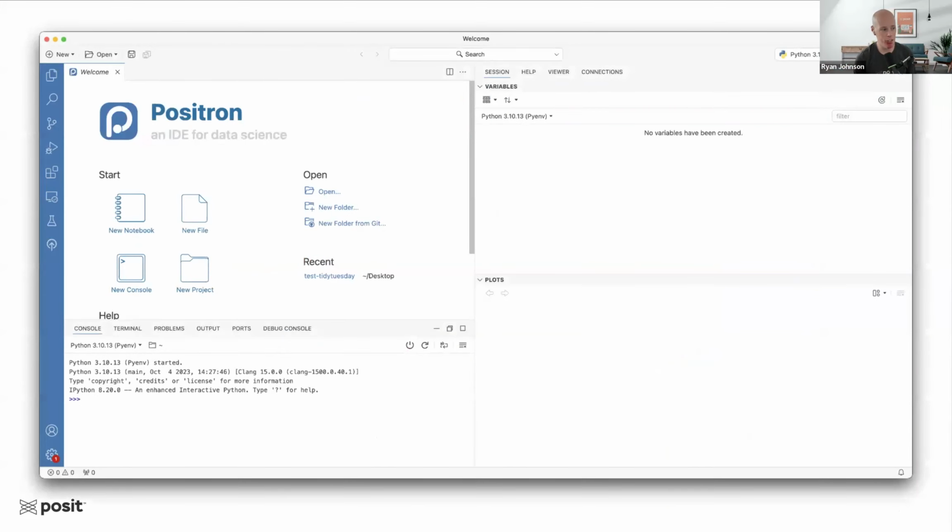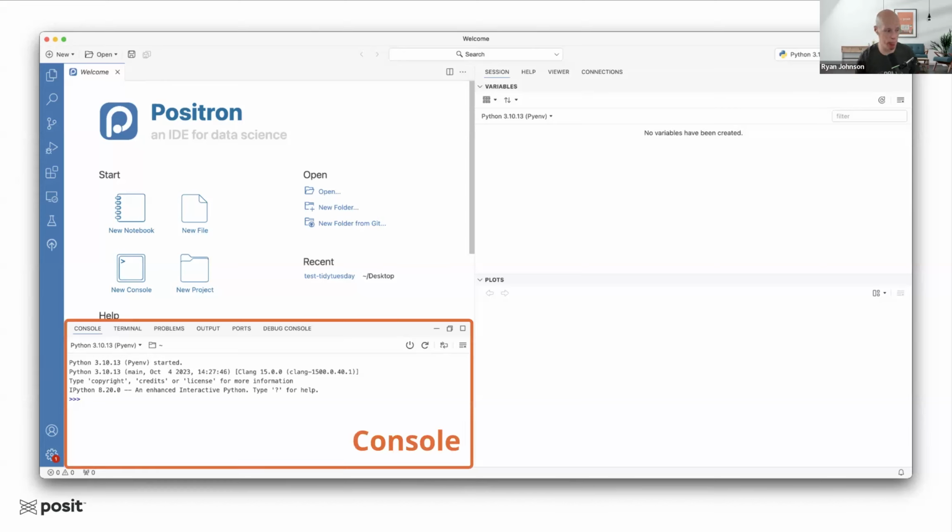So this is it. This is Positron. This is what it looks like in its current state if you were to install it today. Again, for those that are VS Code users, this will look very similar to VS Code, but for those that are RStudio users, maybe you'll notice some other RStudio flourishes, like that inherent 4-pane data science layout. So when you open up Positron for the first time, the first window I want you to focus on